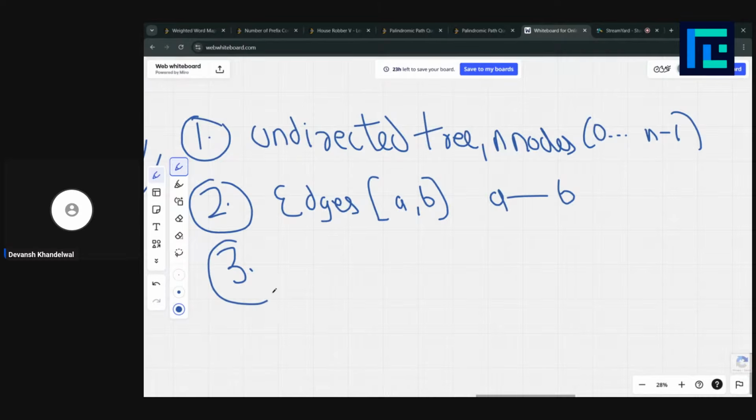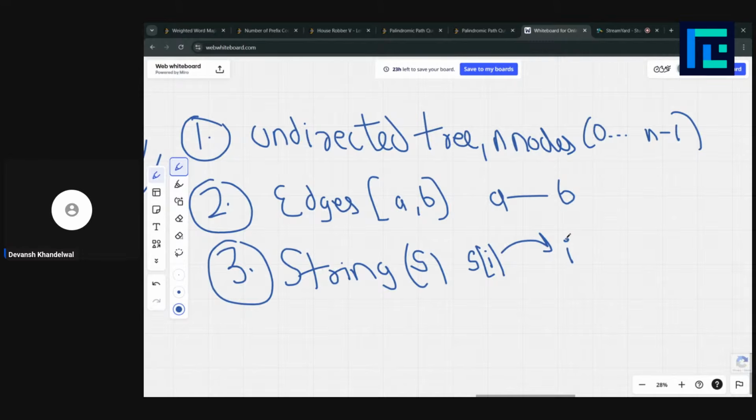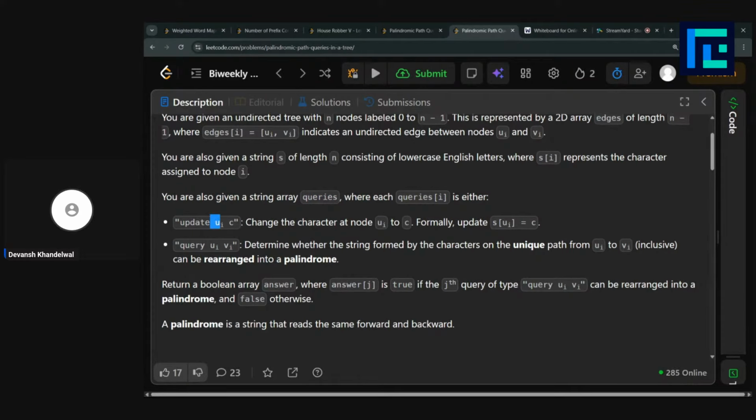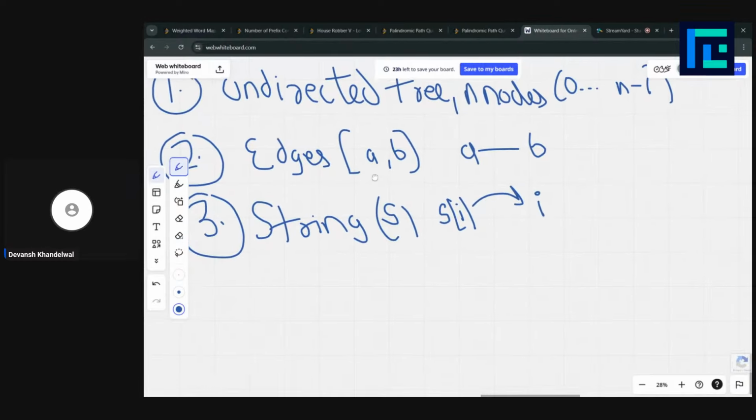We are also given a string queries where each query is either update u_i, c, change the character at node u_i to c, formally update s[u_i] to c, or query u_i, v_i, determine whether the string formed by the characters on the unique path from u_i to v_i inclusive can be rearranged into a palindrome. Okay, great.